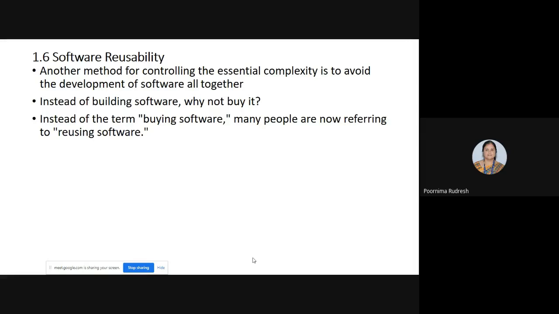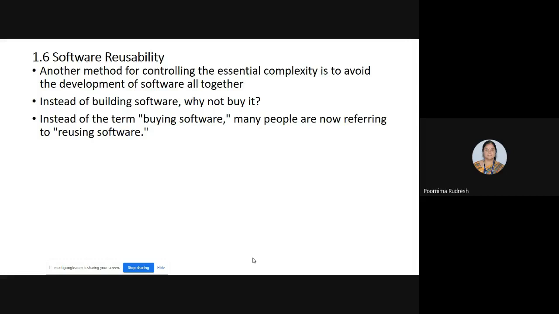Understood? So when you use the object oriented paradigm or approach for application development, the major advantage is you can reuse the existing code. You can reuse part of the existing code in your different applications. That is the major advantage of object-oriented programming, because you do not have to write new code again and again for the same type of application or the same type of functionality. Clear? Understood software reusability?